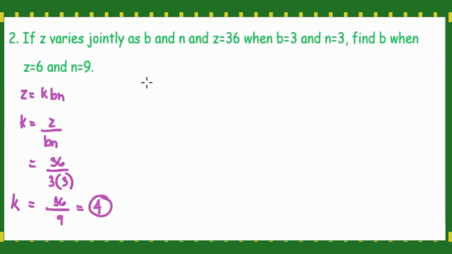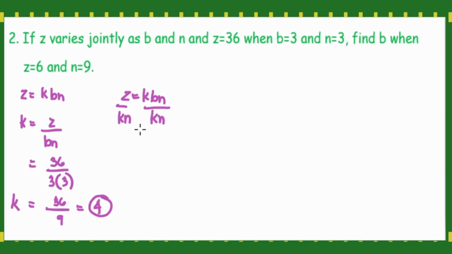So let's solve the problem. Let's use the original equation again. So z is equal to kbn. Sabi niya, find b when z is equal to 6 and n is equal to 9. Nakalagay yung value ng z. So we will solve for b. So gagawa tayo ng formula. So, para ma-solve natin si b, ang katabi niya kn. So, we will divide kn